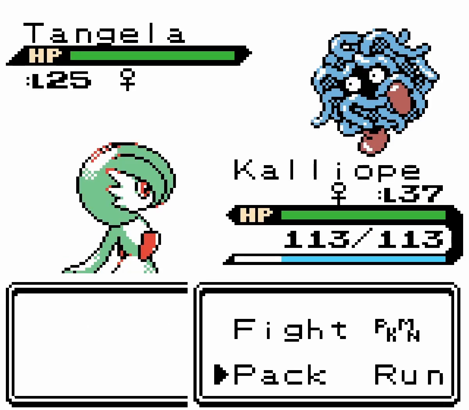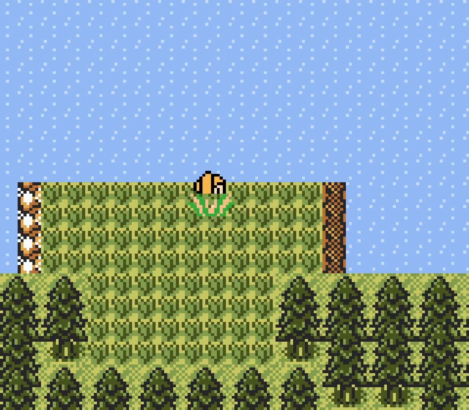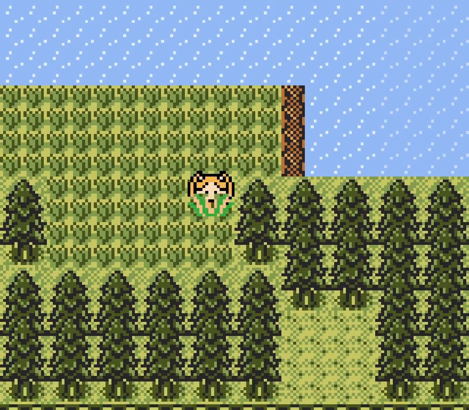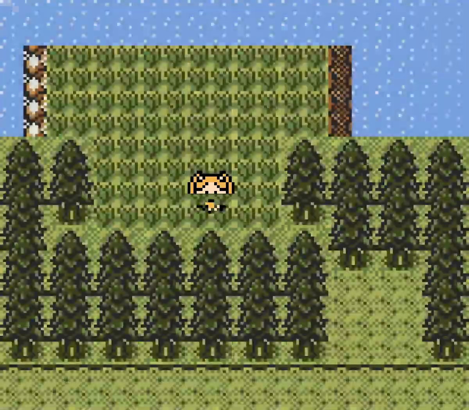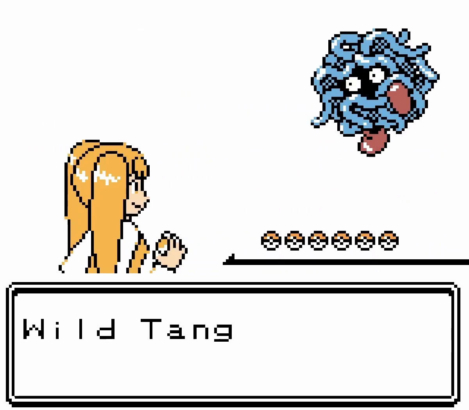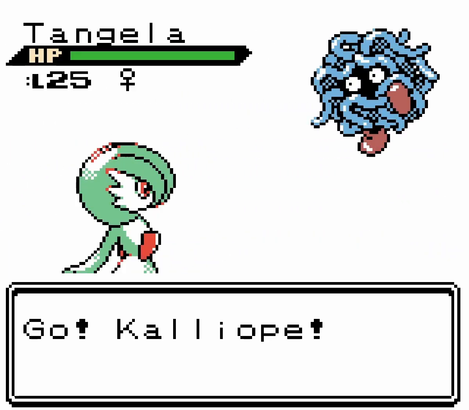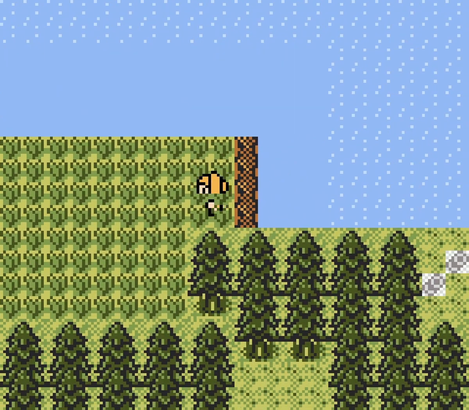Keep in mind, Tangela is actually a very worthwhile party member in this because you can get Tangrowth. But also, there are other opportunities to get Tangela that aren't as late comparatively, and it's only level 25. So you're not going to really be in the best position to make good use of it. What I really want to show, though,